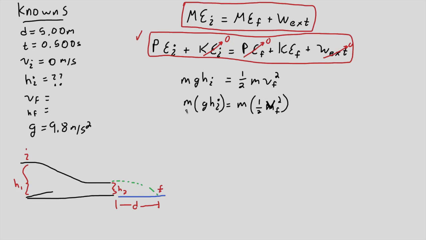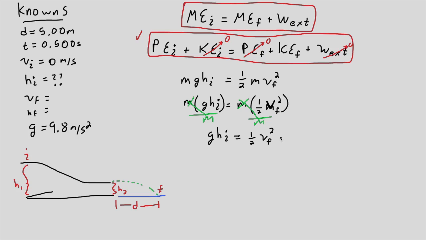So I have the mass, it's the same. The swimmer is not going to change mass going down the slide. So since mass is the same on both sides, if we just divide by mass, I don't need to know what the number is, but we know that it'll cancel. And that leaves me with